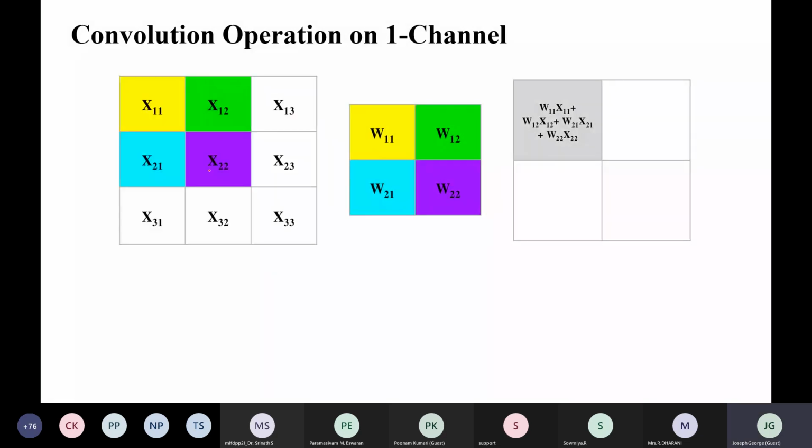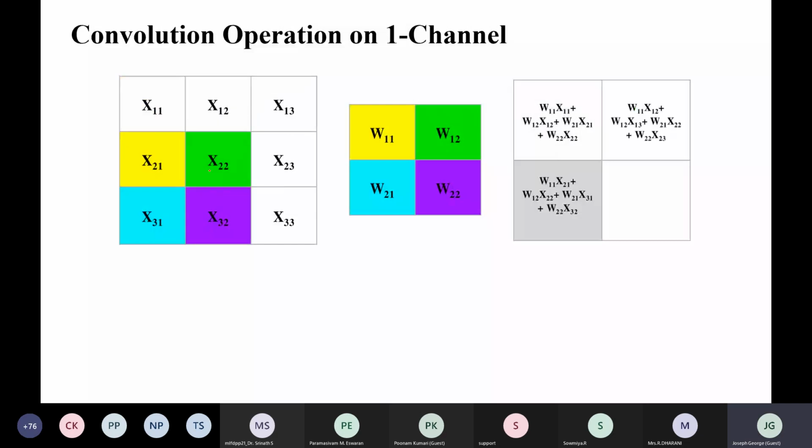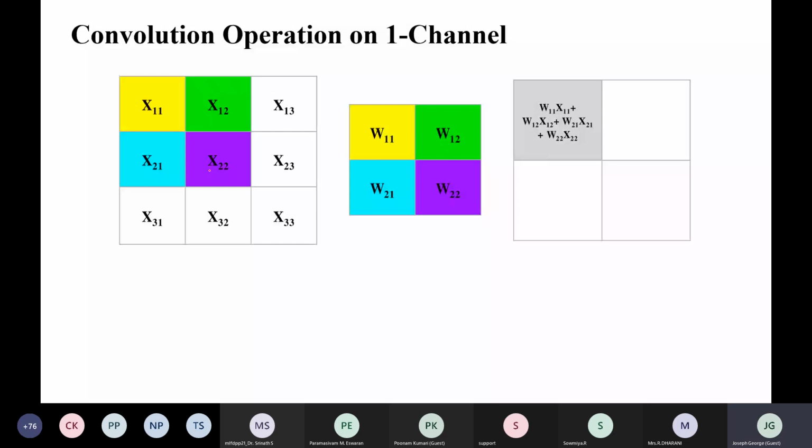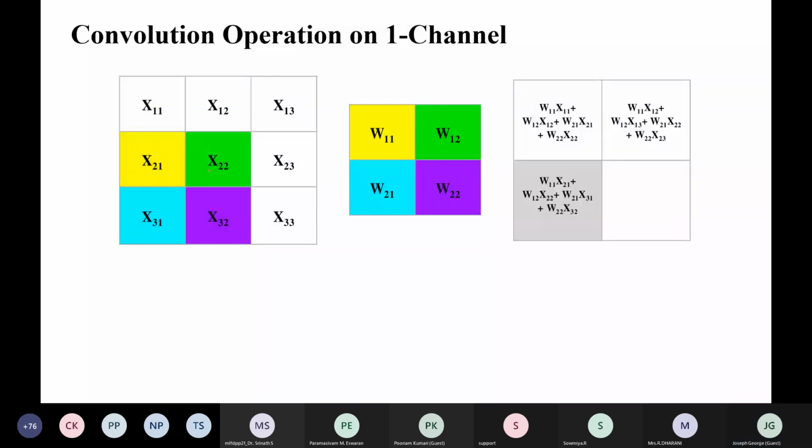Normally while doing this operation, the activation map size will be reduced. This is the case of two-dimensional convolution.